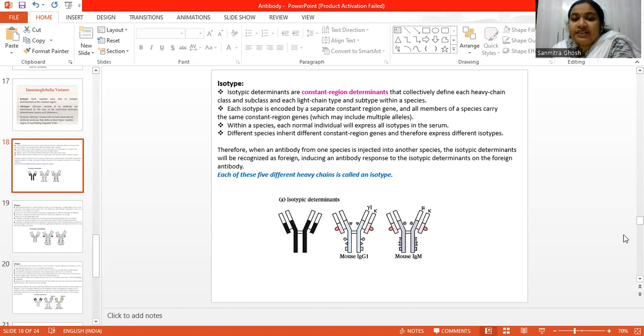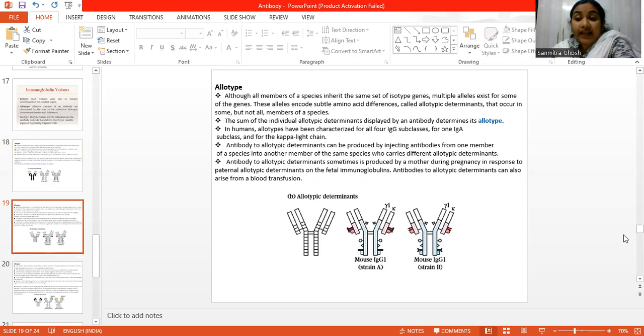So each of these 5 different heavy chains that we have in the 5 types of immunoglobulins is referred to as an isotype. In human beings, all the members will have the same isotype, and in different species, all the different members will have different isotypes. Am I clear? Next, we move on to the next concept of variability in the immunoglobulins, and that is the